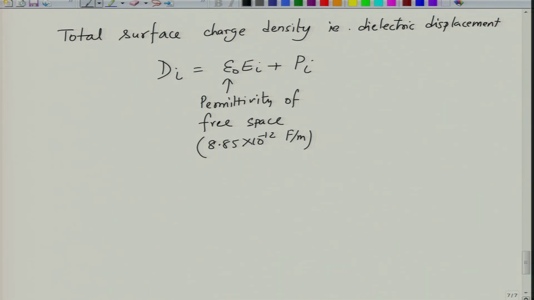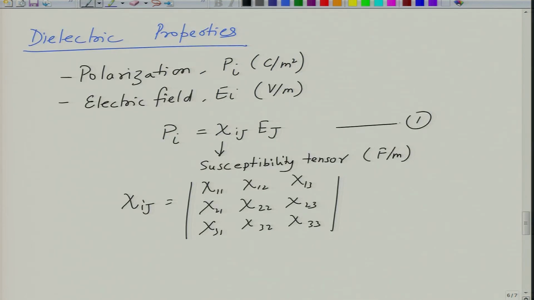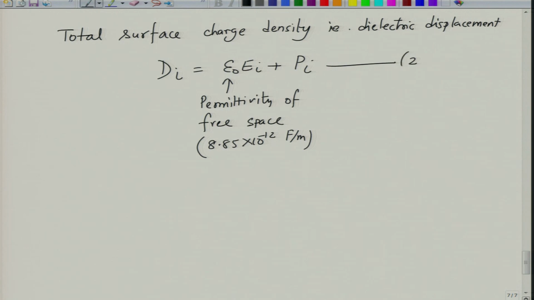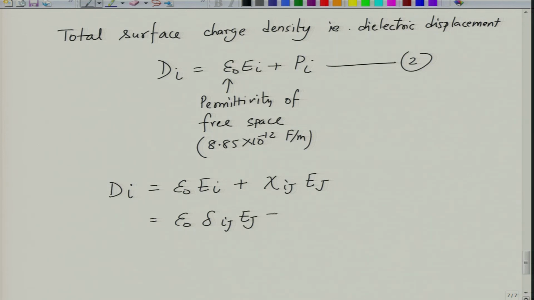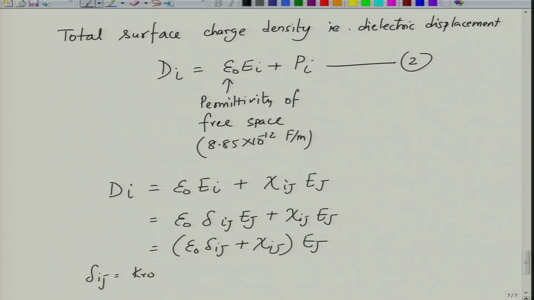Now if you write this as equation number 1 and the polarization relation as equation number 2, I can write Di as epsilon naught Ei plus chi ij Ej, and this can be written as epsilon naught delta ij Ej plus chi ij Ej, which can be written as epsilon naught delta ij plus chi ij into Ej, where delta ij is called the Kronecker